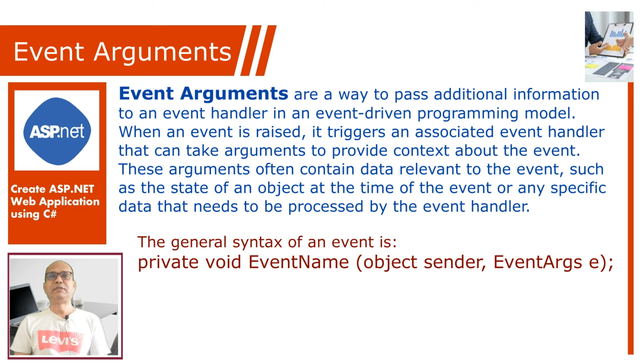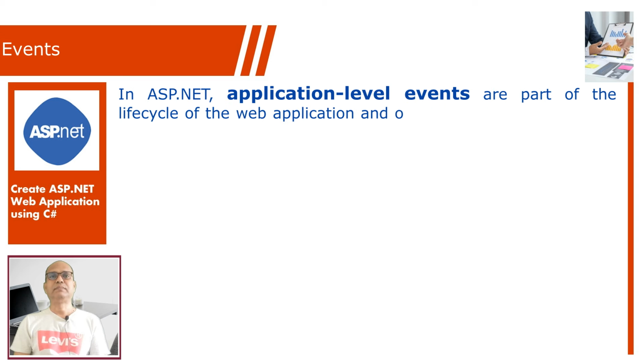ASP.NET event handlers generally take two parameters and return void. The first parameter represents the object raising the event, and the second parameter is the event argument. The general syntax of an event is